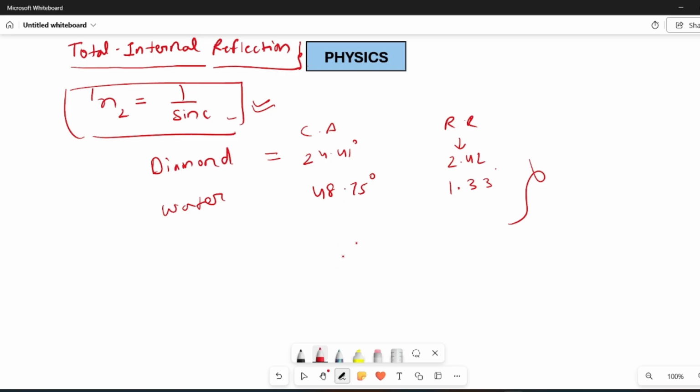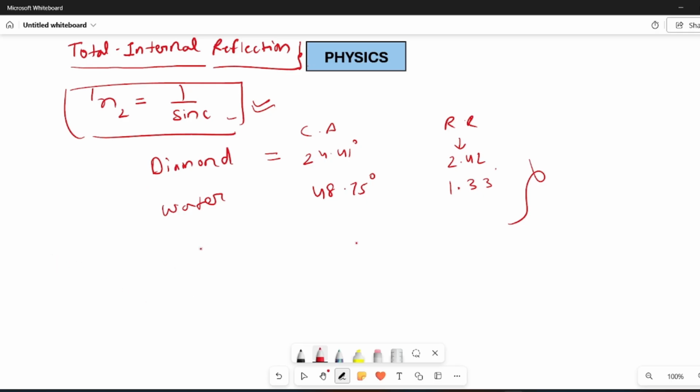Whenever TIR is going to happen, the whole light energy is going to be reflected back. Some might be absorbed a little bit here and there, but in totality, it comes out as the original energy. Now, this particular TIR process is responsible for a lot of phenomena happening inside nature. But before that, I'm going to tell you about the critical angle